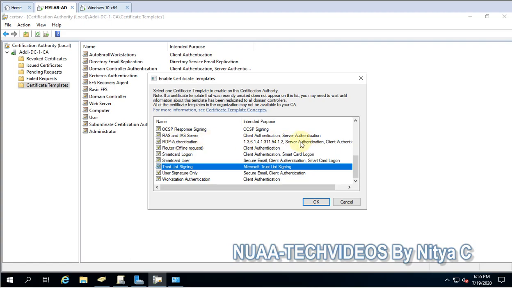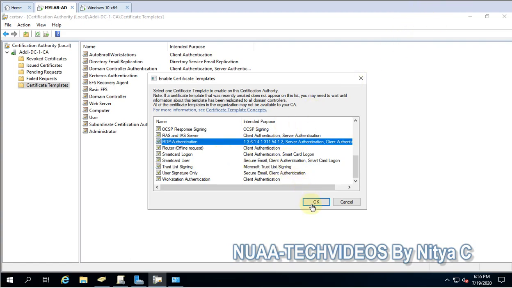So you can see here the intended purpose, that is server authentication. And once you select, then click on OK.